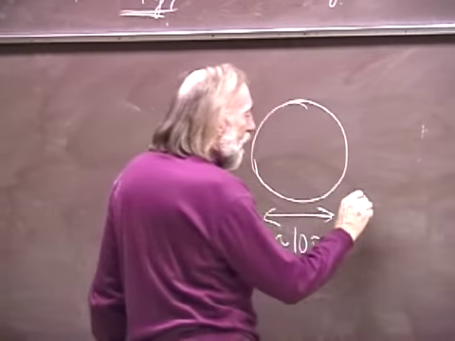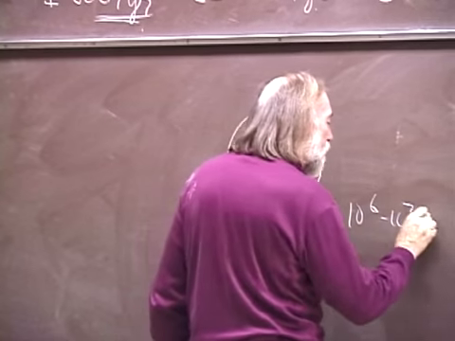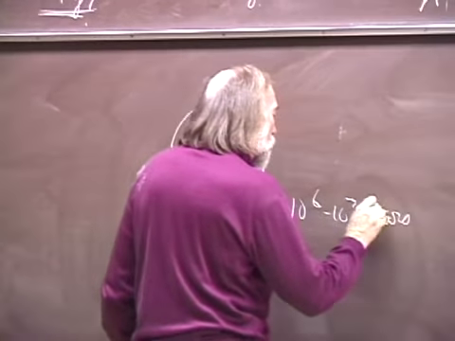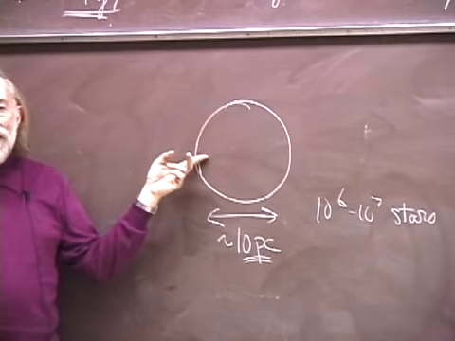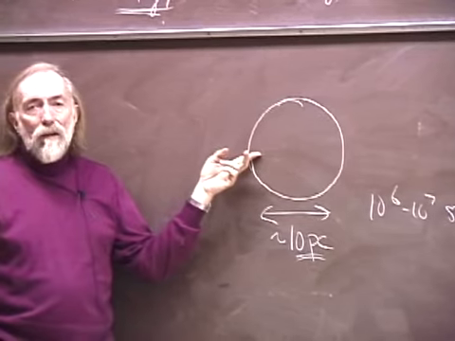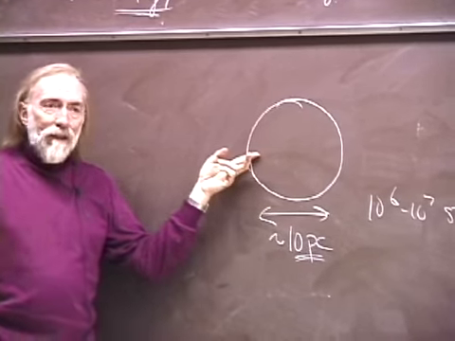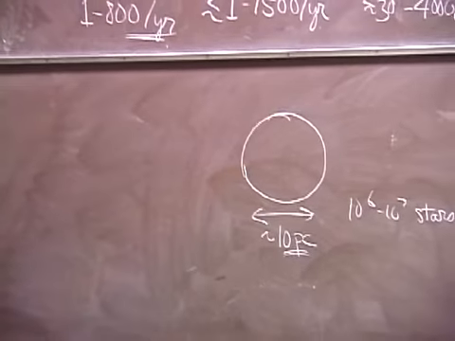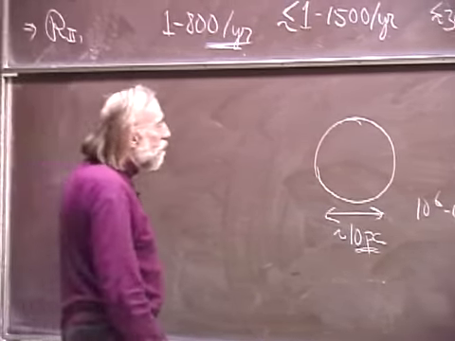It will contain something like 10 to the 6 or 10 to the 7 stars, something like 10 to the 6 solar masses. So the star density is very high. The star density is 100 to 10,000 or even 100,000 times higher than the star density in the sun's neighborhood. So stars interact quite easily. They have near encounters and change their orbits through interactions.